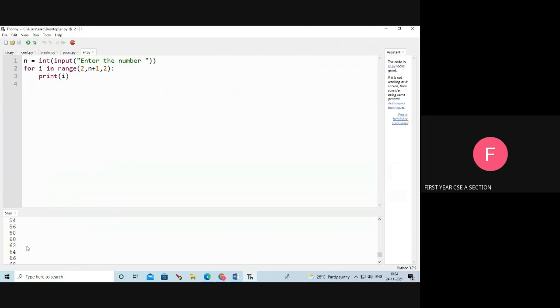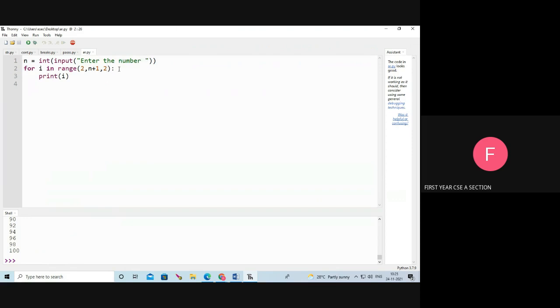See the output: 2, 4, 6, 8, 10 up to 100. So my program is giving the output for the even numbers. The starting number is 2, the ending number is our entered number, that is the end number, and then